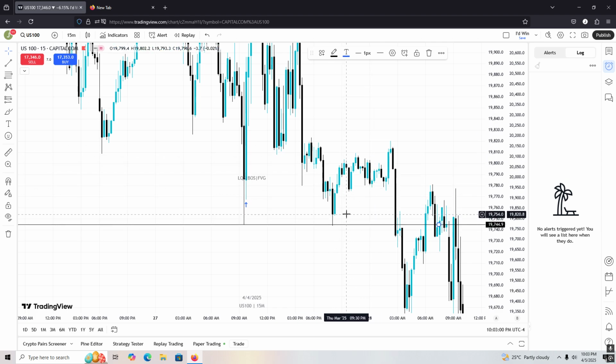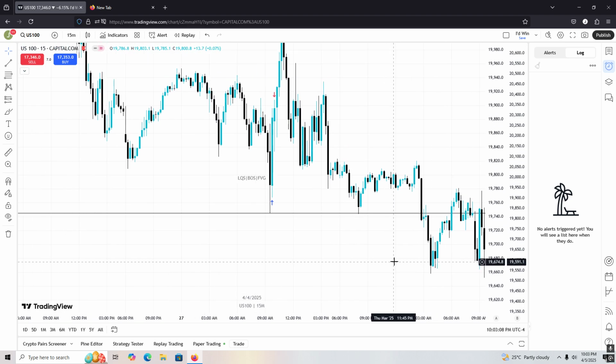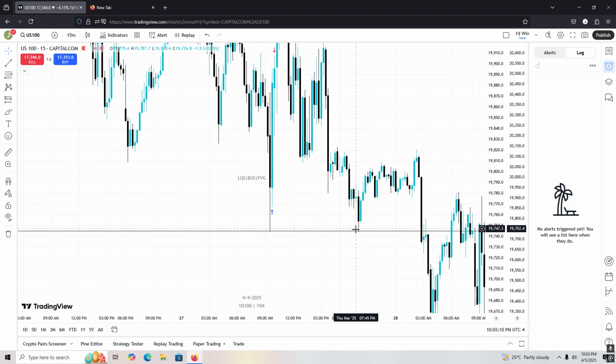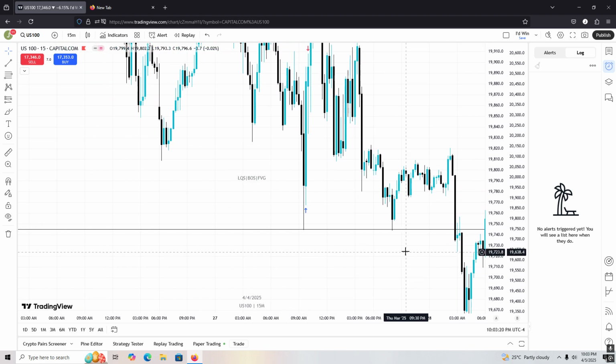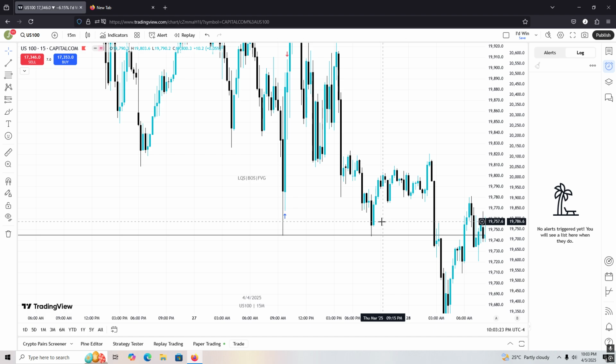No. You know why? Because the bias for the day was probably bearish. It ended up going lower, even though this is a liquidity sweep over here. When a liquidity sweep happens like this, it's supposed to go up. The bias for the day was probably bearish, so it ended up going down. So if someone did enter for this, they would end up losing the trade because all the confluences have to add up. They can't just enter off a liquidity sweep or a breaker structure or a fair value gap and expect to win.